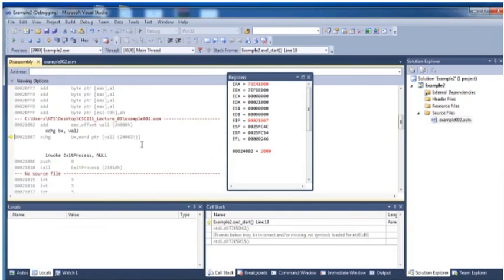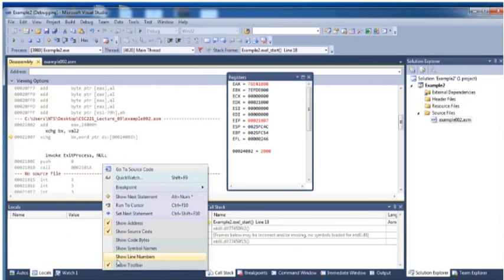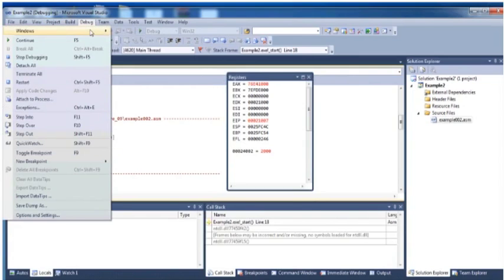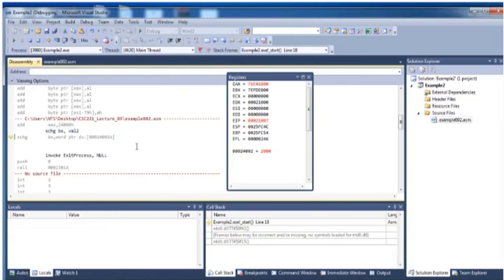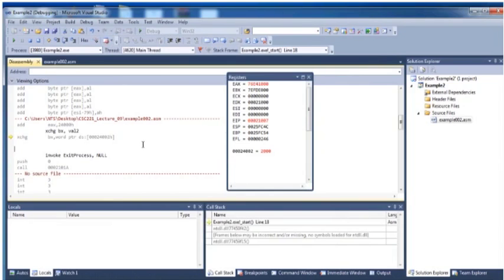So this is the disassembly. I just removed disassembly. Don't show address. Show symbol names, no. I want to show toolbar, show source code, show address, no. And I just build the debug window. I want to say disassembly or view debug window,